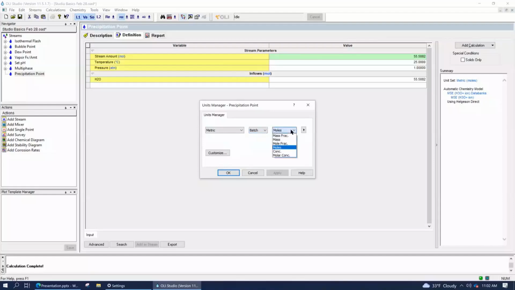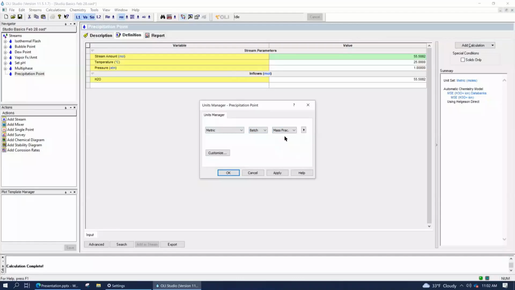And then lastly, you have six types of bases to use: mass fraction, mass, mole fraction, moles, concentration, and molar concentration. In this case, we're going to use mass fraction units. That'll give us ppm. Okay. But not yet, because we actually have to tell it we want to use ppm.